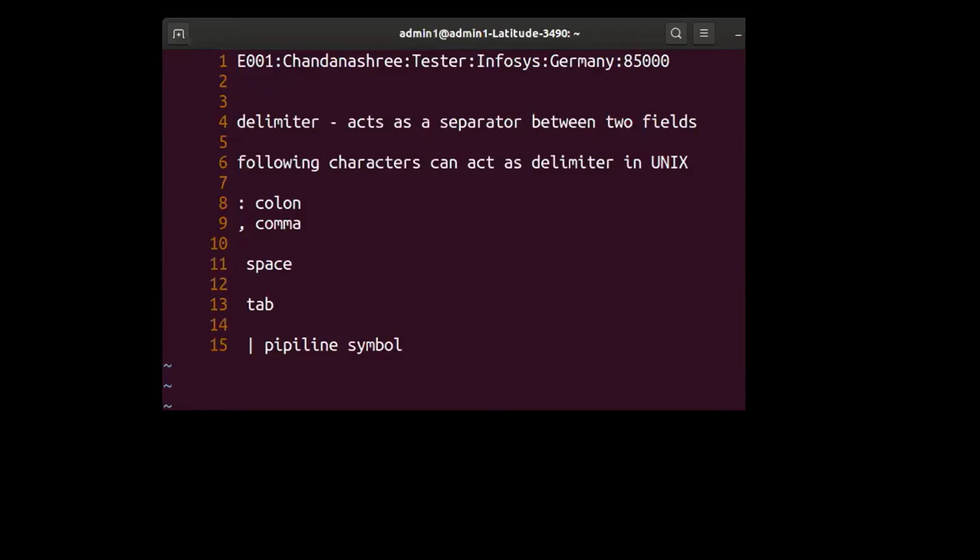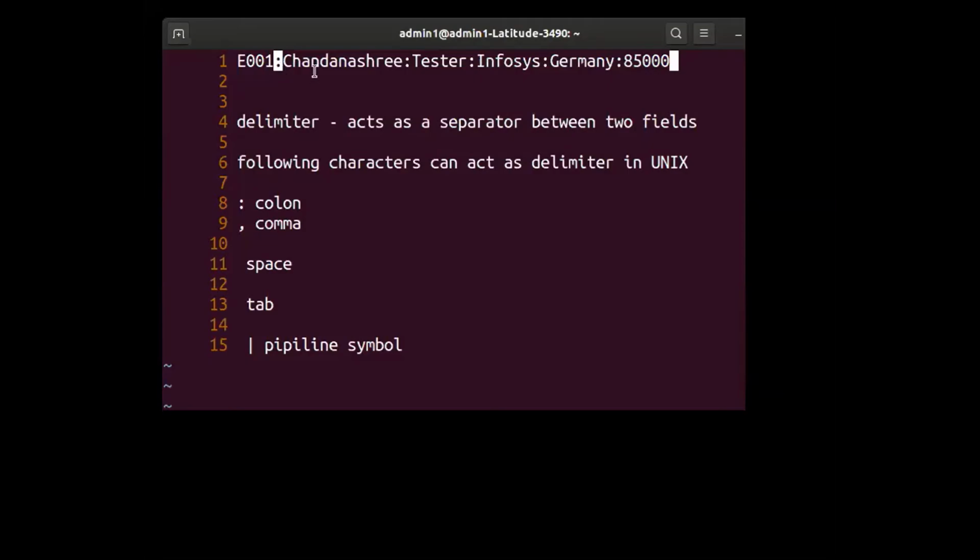Okay, so now watch out very carefully. Forget about the example, that's only for our understanding. Look at line number 1 very carefully. E001 is the employee code. Chandanashri is the employee name. In between the employee code and employee name, there is a colon, which acts as a delimiter.